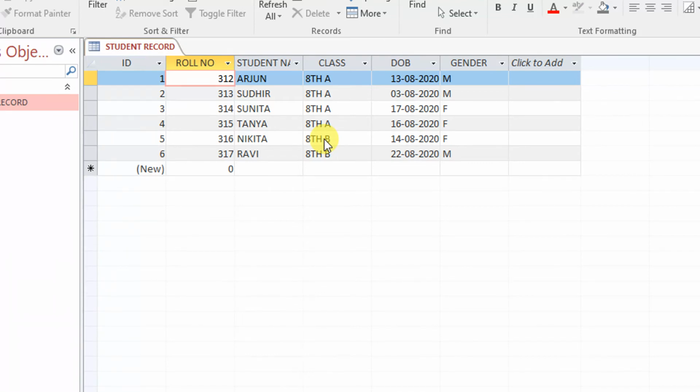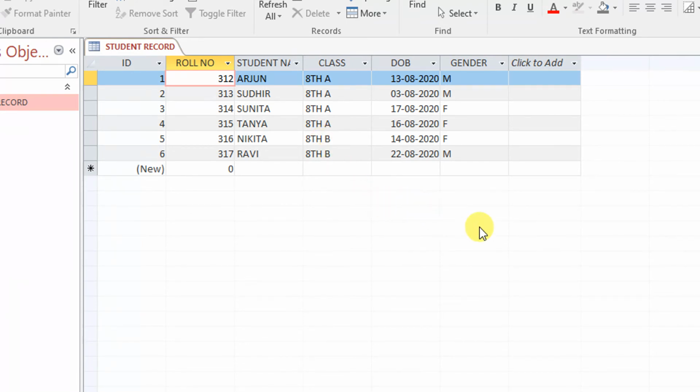Here the database is small, but suppose the database is very large, in that case the query is very useful in Access. We are extracting records from the large database to make our work easier, so that we can easily see whatever information we want to see using a query in MS Access.